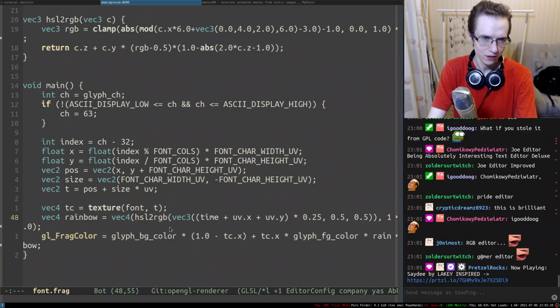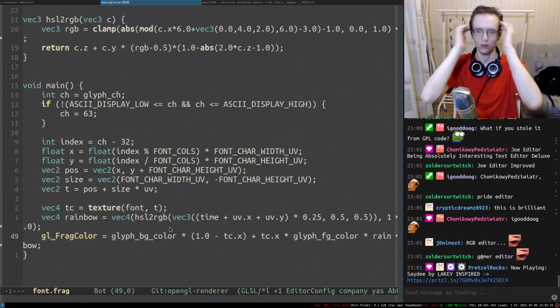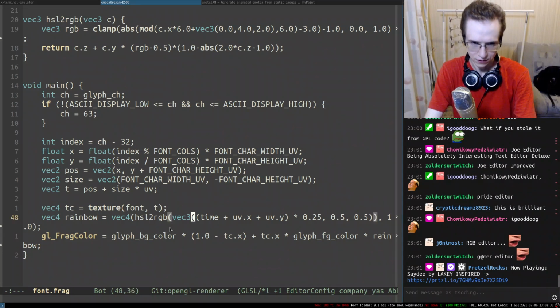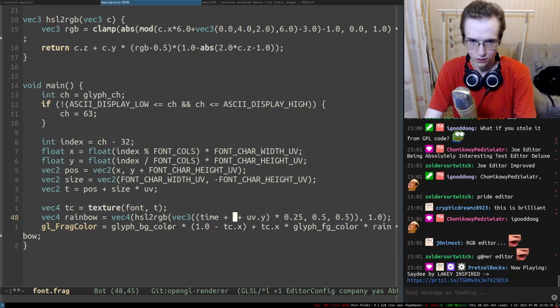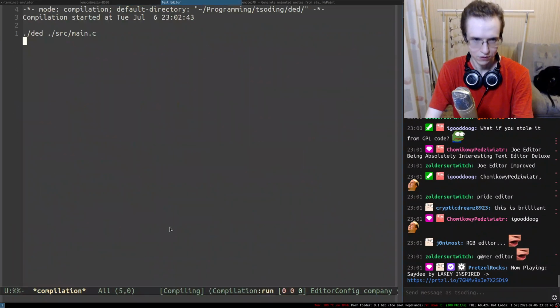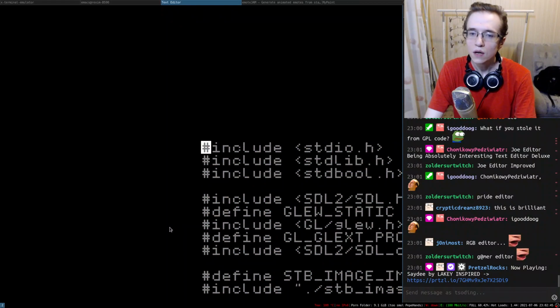Because we know the actual position in there. So that means we'll have to use frag coordinates, right? Maybe that's precisely what I can use in here, just frag coordinates. gl_FragCoord.x, and this one is going to be gl_FragCoord.y. So that's precisely what I can do in here.